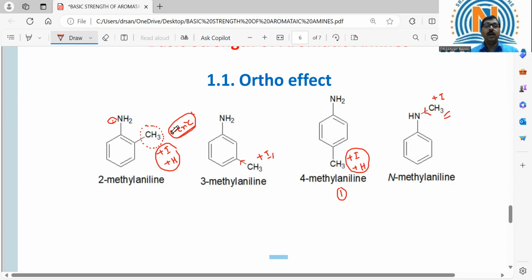And because of this steric effect and electronic effect, the involvement of this lone pair of electrons in the case of ortho is more. That is why their basic strength decreases. This effect is called the ortho effect. So this is least. If you want to compare meta-methylaniline and N-methylaniline,